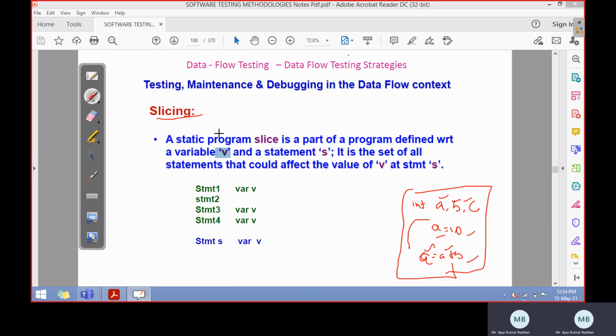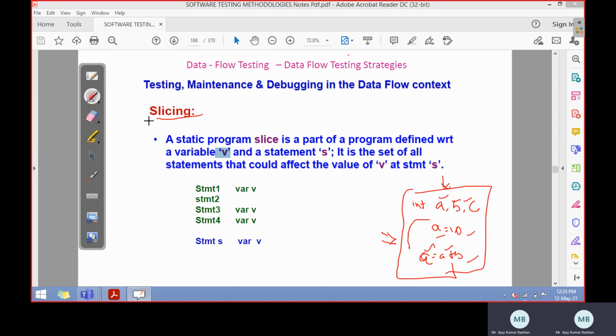So the main purpose of slicing is that if you can take a small slice and perform operations or test cases on it, you will be able to determine exactly where there is a bug. If you are able to slice and chop the program into small pieces and test them, then it becomes easy to identify exactly which portion the bug is in, rather than testing the entire program, like 10,000 lines of code, which is very difficult. But if you convert that 10,000 lines into 100 lines initially and then 10 lines of code, it becomes easy to identify where exactly the bug is present.